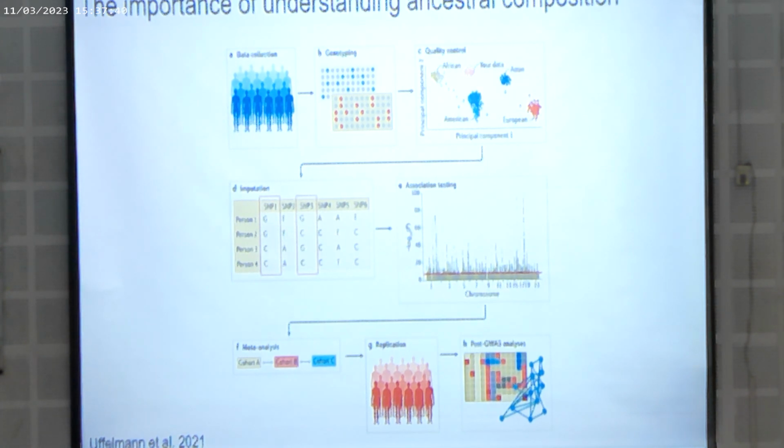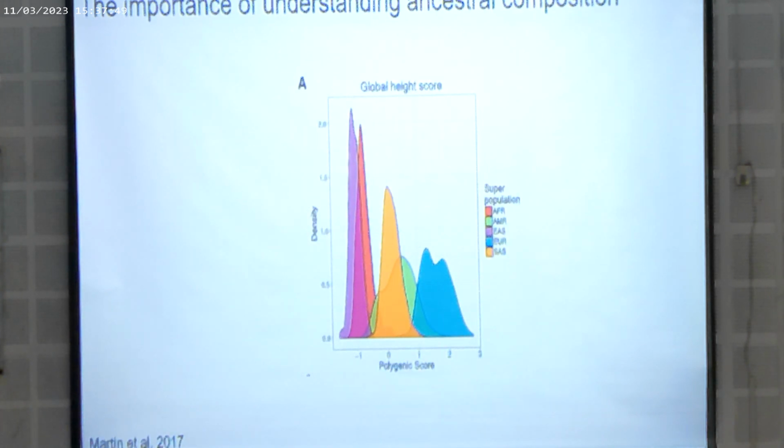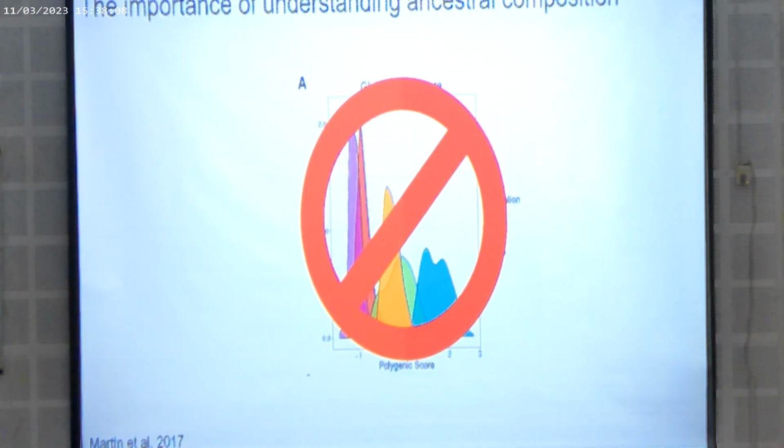And given that this is an initial step of all the process you are seeing here, even a small mistake can propagate with big consequences. As for example, as you all know, if you use a GWAS made on European samples and try to predict height of other populations, we might end up concluding that Africans are among the shortest people in the world. Of course, this is not the case, and this kind of errors are actually present